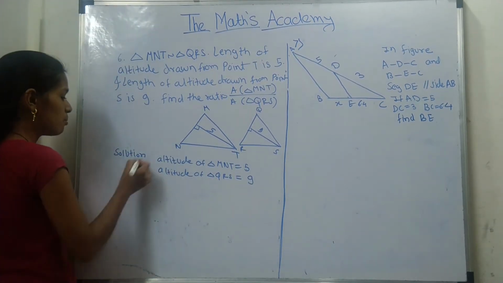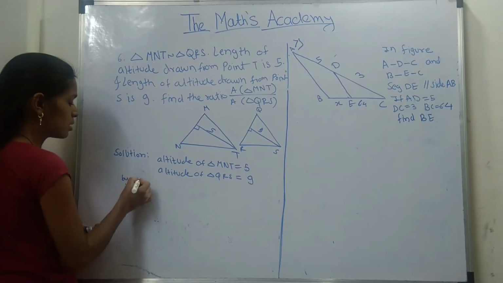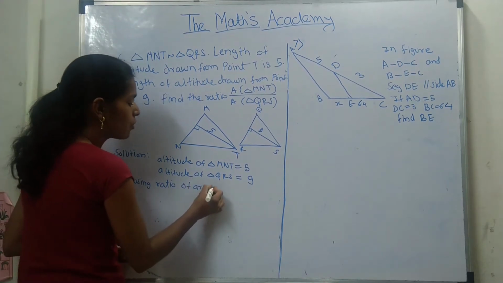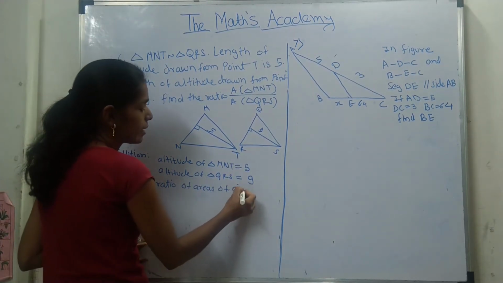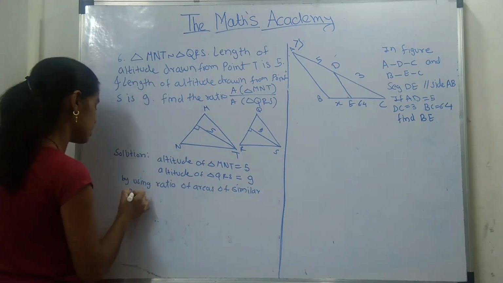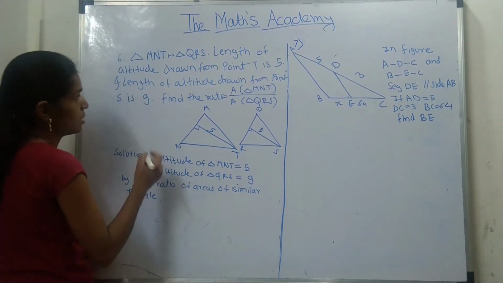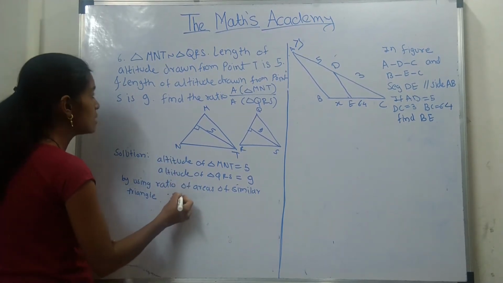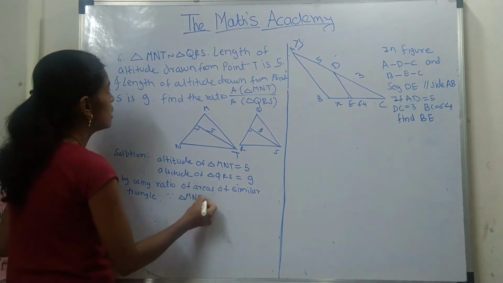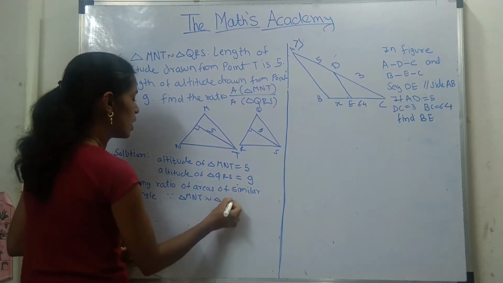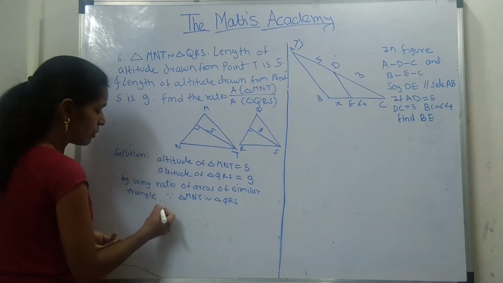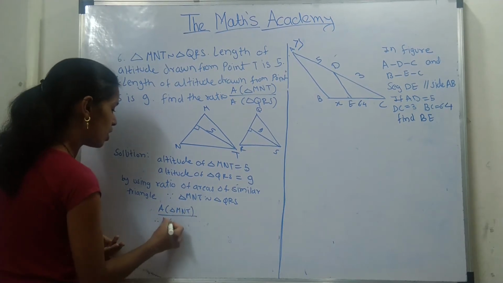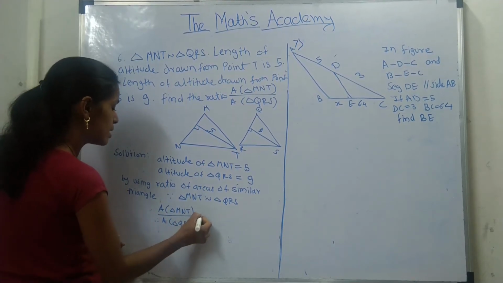Now by using the ratio of areas of similar triangles, since triangle MNT is similar to triangle QRS, therefore we will write here: area of triangle MNT upon area of triangle QRS